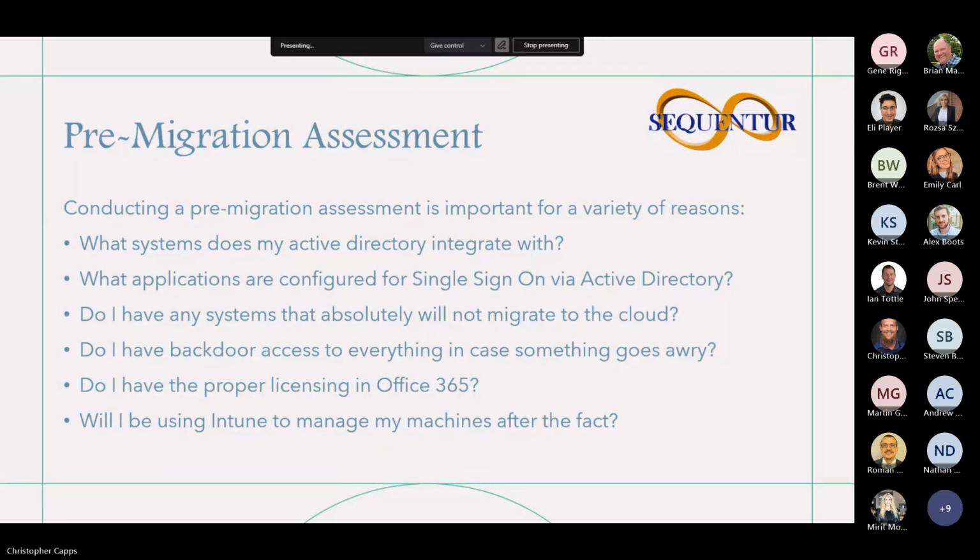And finally, will you be using Intune to manage your machines after the fact? Our traditional way to manage machines in the Active Directory environment are called group policy objects, or GPOs. These generally control the settings associated with given accounts, groups, devices, etc. For the most part, GPOs will translate into Intune configurations.